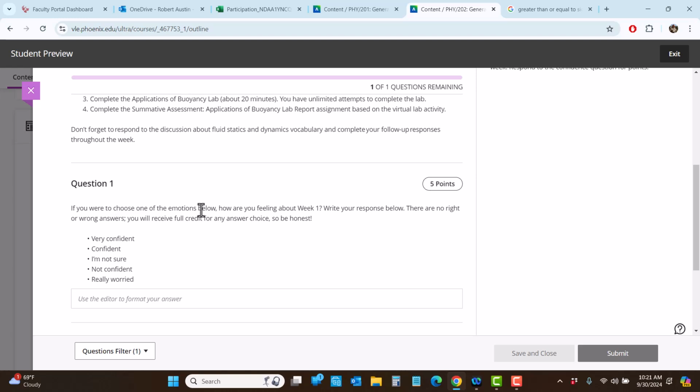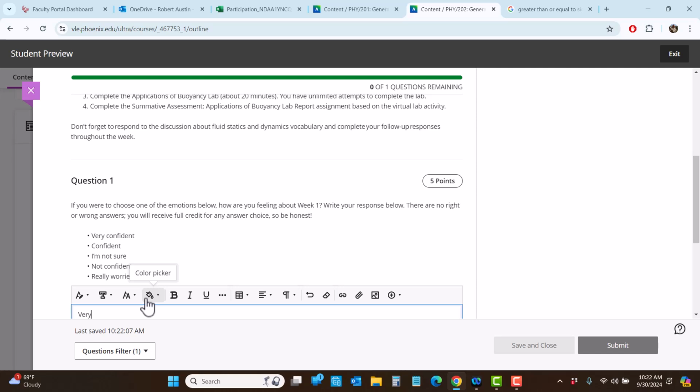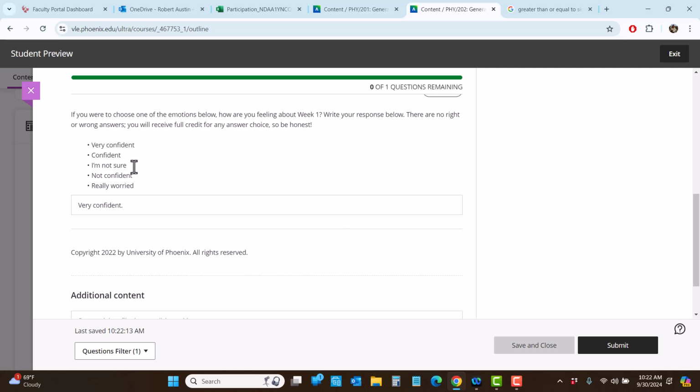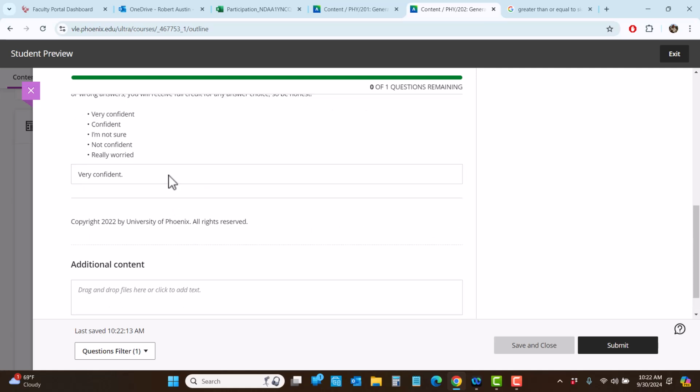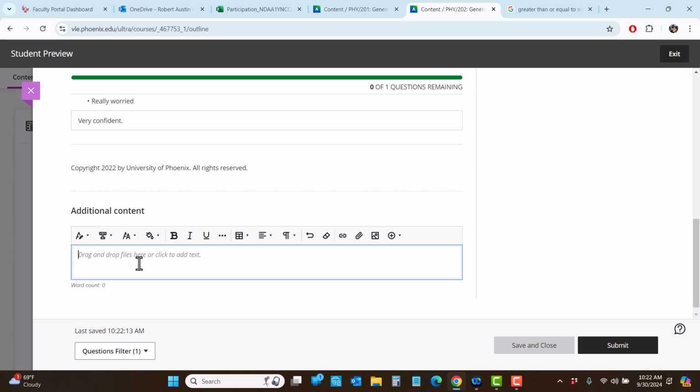If you choose the emotions below, how are you feeling about week 1? Write your responses below. There are no right or wrong answers. You get full credit for just responding here. And I'm going to say very confident. Now, many of you may not feel that confident. You might feel not sure or not confident or really worried. If you do, that's okay. But try to explain to me why you feel that way. Now, I feel confident